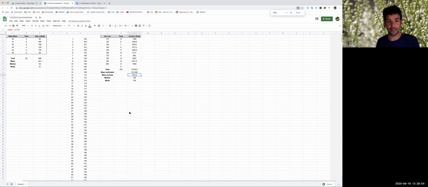So that's a nice estimation, and a nice formula to estimate data when you don't have the actual data. You can multiply by the midpoint, okay? All right, let's